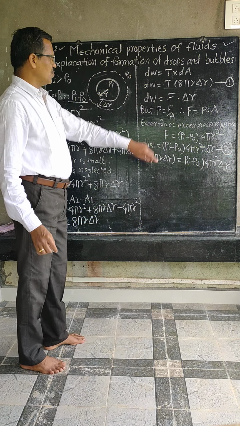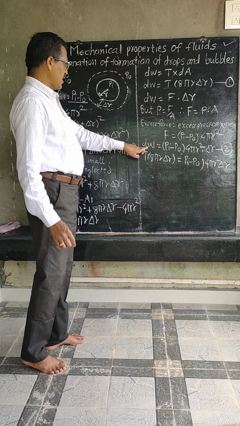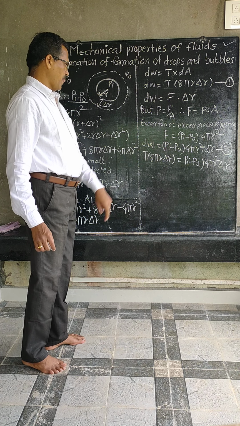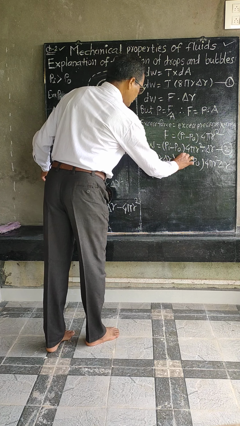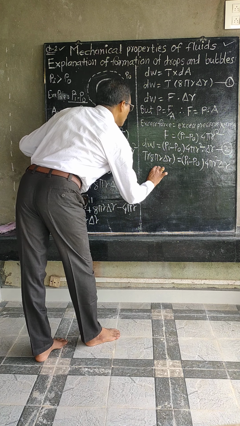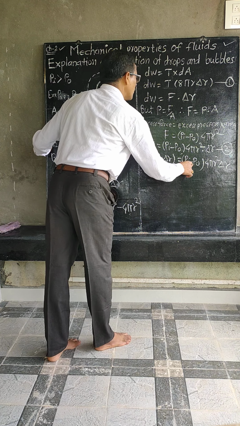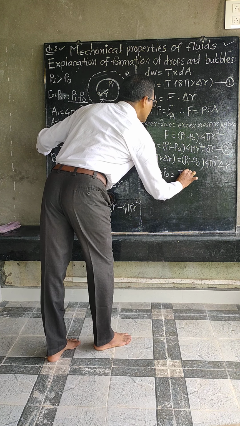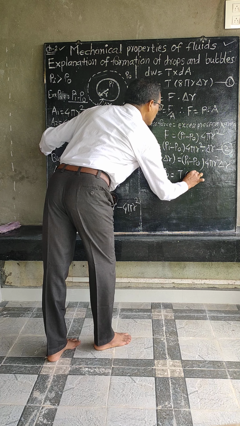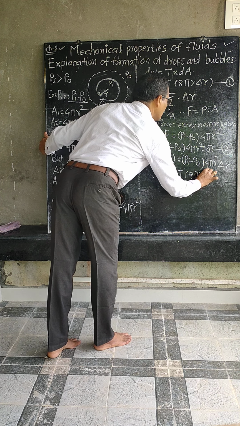From equation 1 and 2, as the LHS is the same, the RHS will be the same. Therefore Pi minus Po is equal to T into 8 pi r delta r